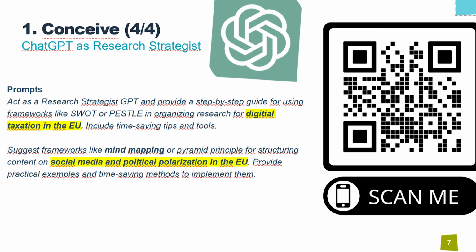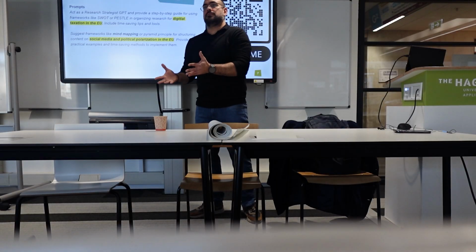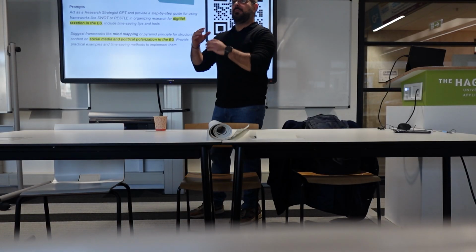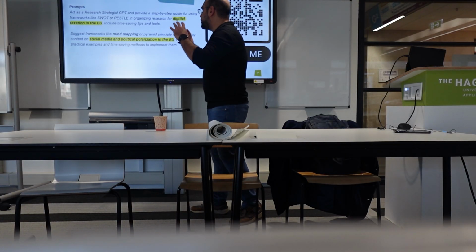For us, it is the political, economic, social, technological, and legal factors in a particular topic. For example: in organizing research for digital taxation in the EU, include time-saving tips and tools. This is a good prompt for you in order to just put your research in perspective. It doesn't provide you any details in terms of literature review, but it actually points out how you could frame